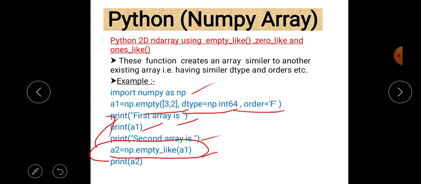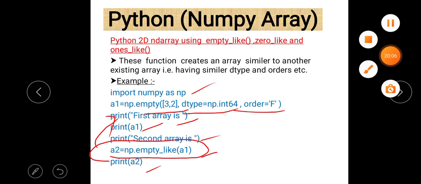Why is it not equal? Because it contains garbage values, and the garbage values may differ in a1 and in a2, but the structure is the same. They are random garbage values actually. So for a2 it may differ, and for a1 it may be another value.